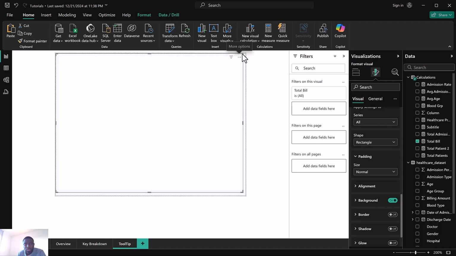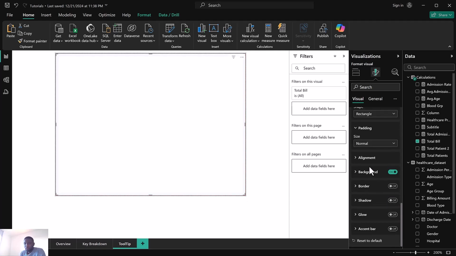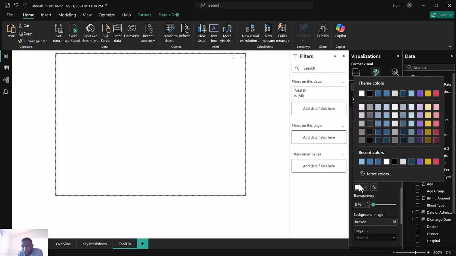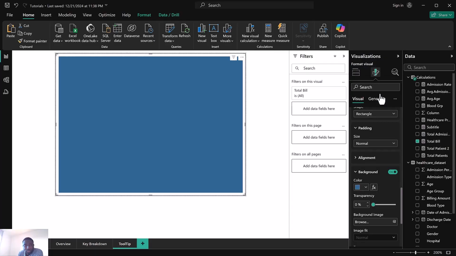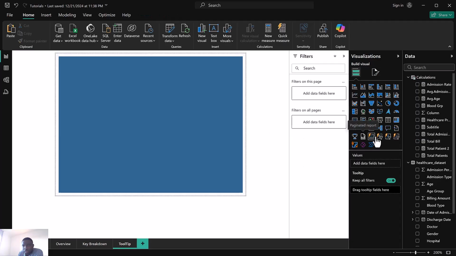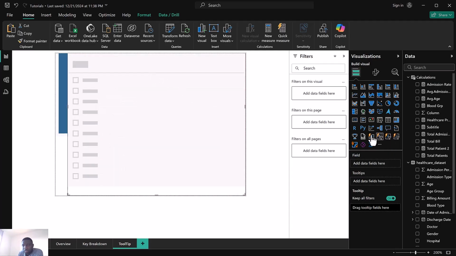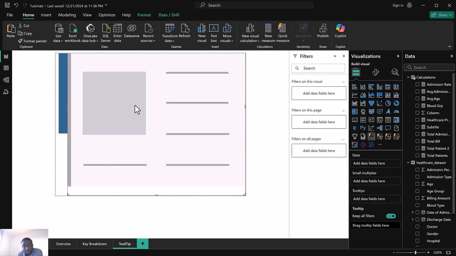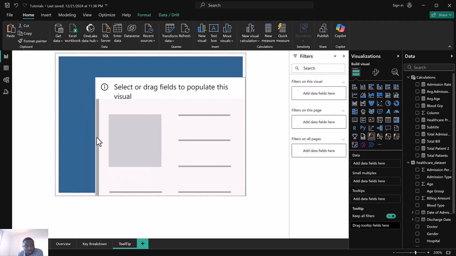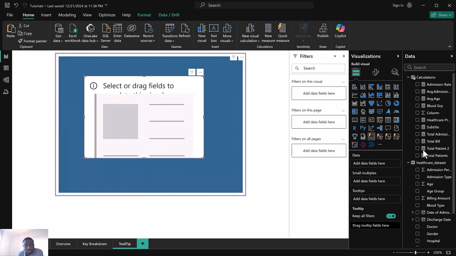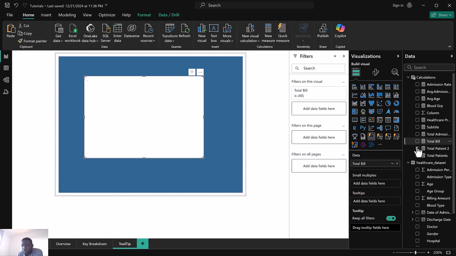So I would now change the background to this color. Very good. And then I'll come to and select my text slices. Or probably let me change it to cards. I'll resize this. And then I will select total bill, total patients, and then